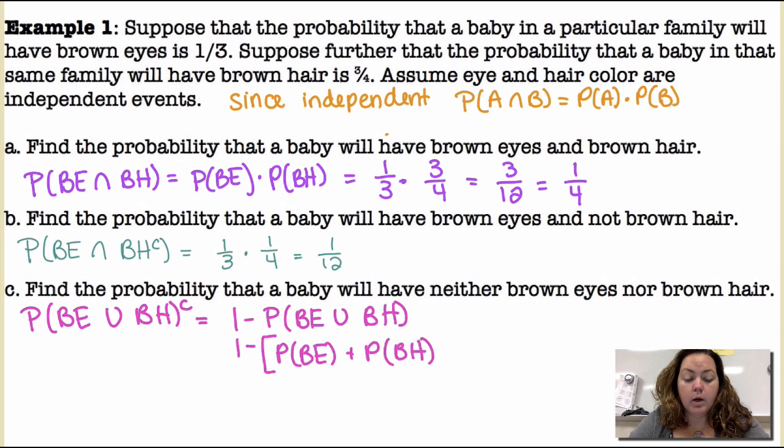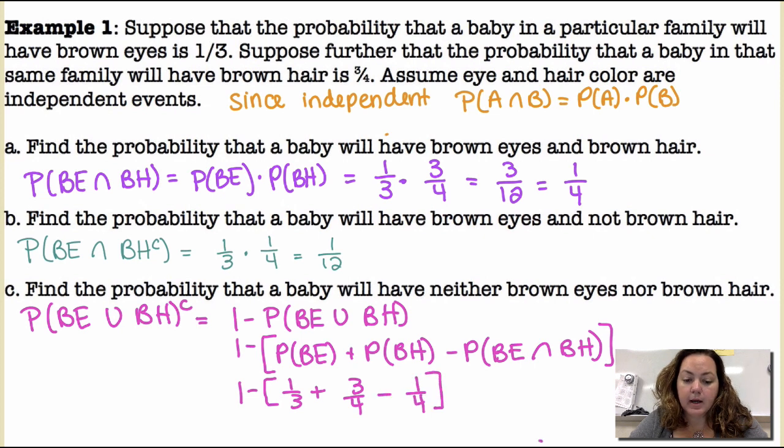Which is 1 minus the probability of brown eyes plus brown hair minus the probability of both. Remember, for or, that's going back to the addition rule. So it's the first option plus the second option minus the overlap that they have. The probability of brown eyes is 1/3. The probability of brown hair is 3/4. And in part A, we found the probability of brown eyes and brown hair to be 1/4. So if I add those and subtract 1/4, and then subtract that from one whole, I get